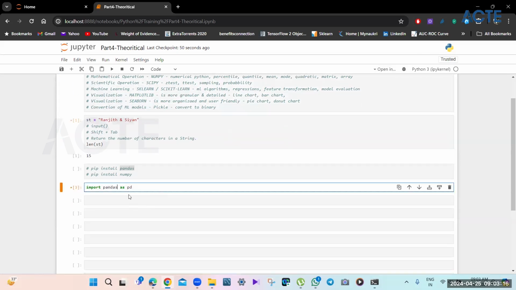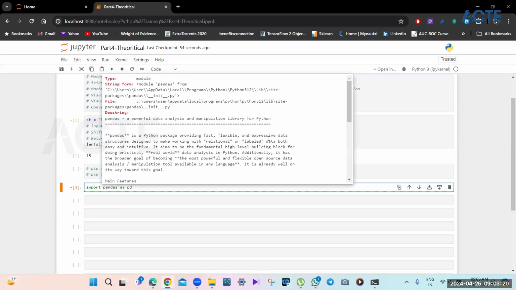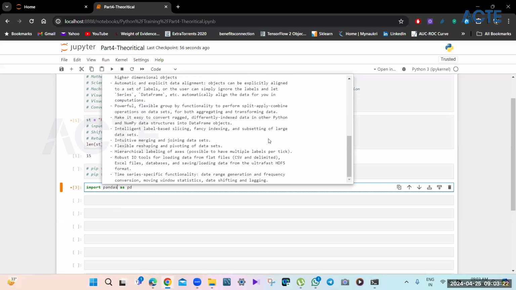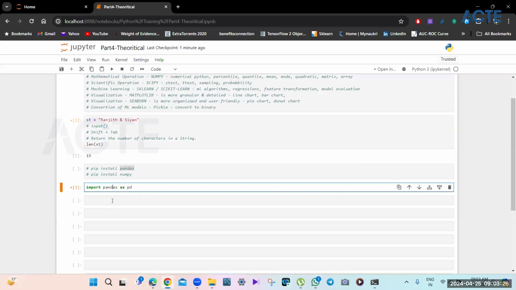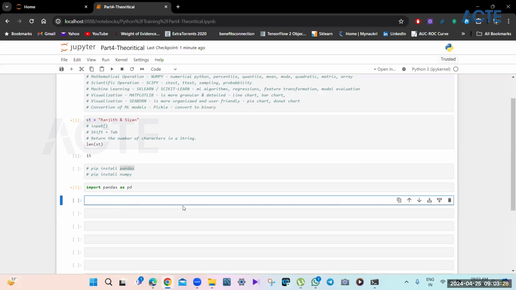Now, every time we will use the functions within pandas, what we have to do is, let's say there is a function called read underscore CSV. This is a function. So this function will help to read an external CSV file from your C drive, D drive, or from some other location. But this is stored under pandas. So we have to write it like this, pandas dot.